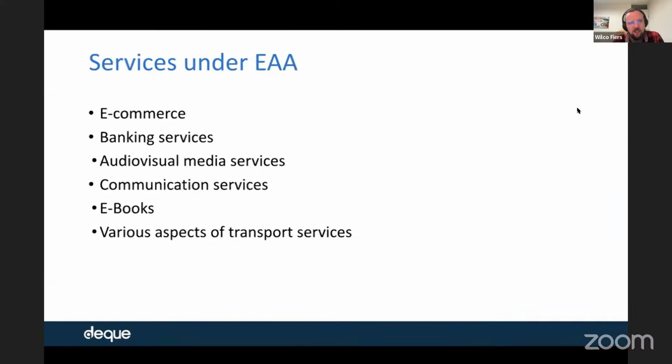So let's dig into that a little bit. What are those services? So specifically, there are 6 categories. There is e-commerce services. So think your web shops, think your e-learning services, those kinds of environments. There's banking services,